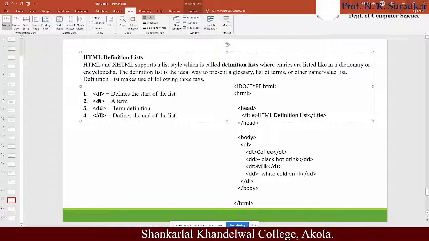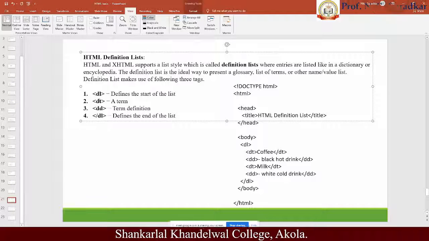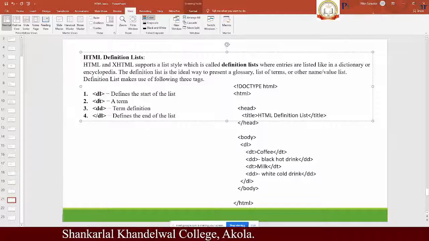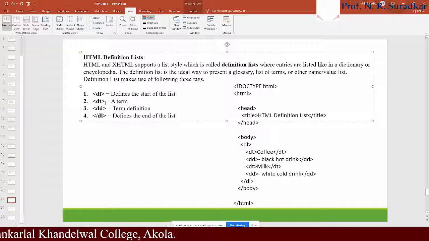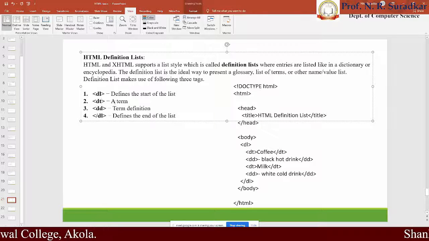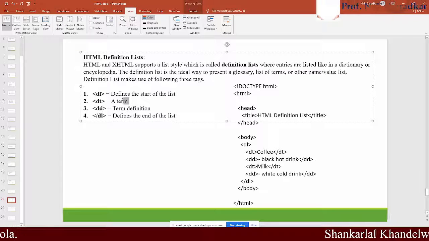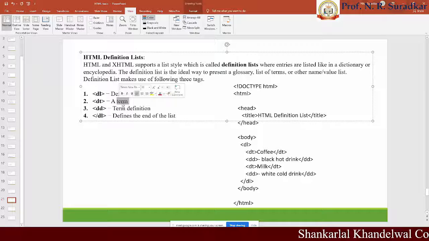The DT tag is used to put a term, not to define the term, only to put the name of a term by using the DT tag. Here it comes with the opening DT tag and closing DT tag, meaning there we only put the name of your term. And second is the DD tag, meaning whatever content relates to that term has to be put into the opening and closing DD tag.